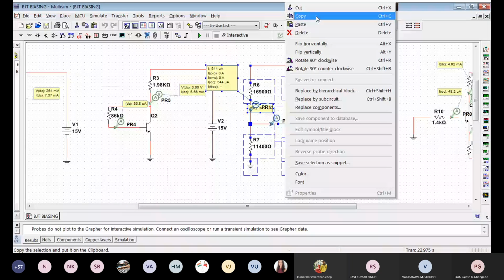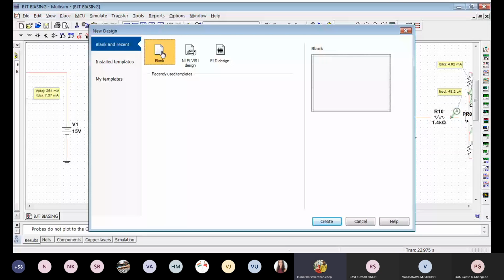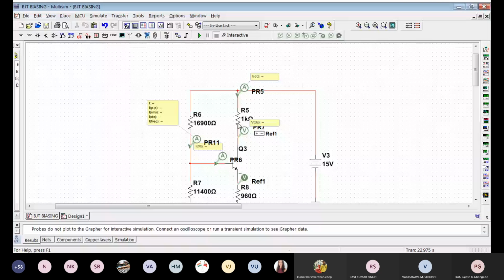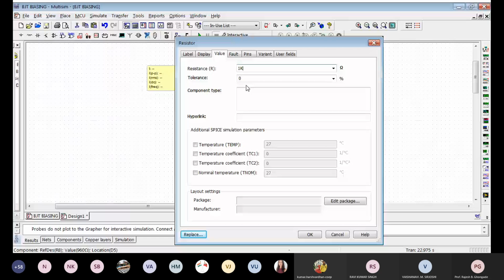Let me copy it again here. All right. Now again, this is the differential. The same thing I have done here. The exact same values we have obtained. Here it was also 1K, so I'll put it 1K. All right. If I simulate this,